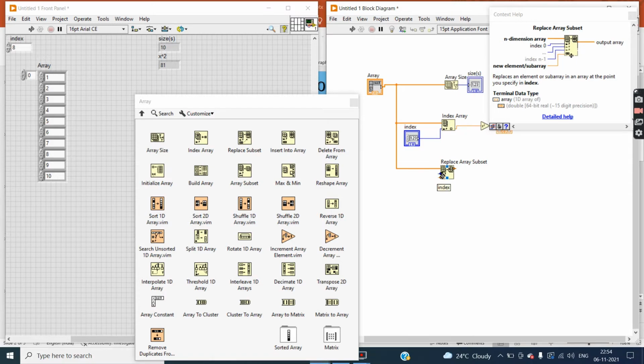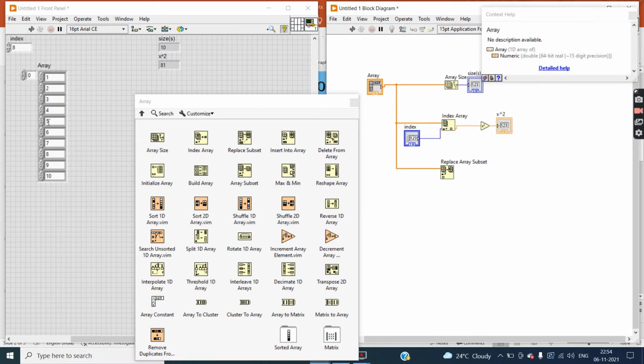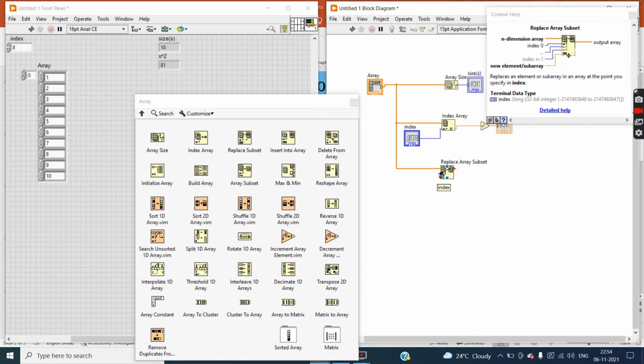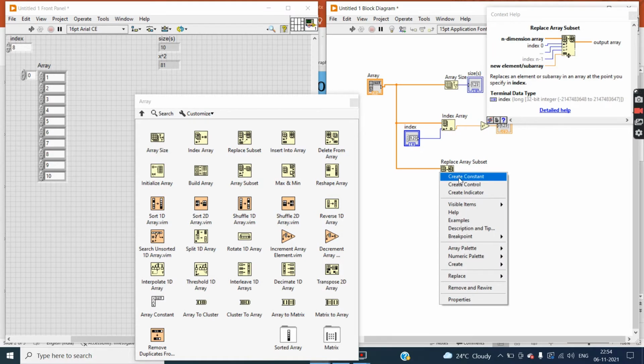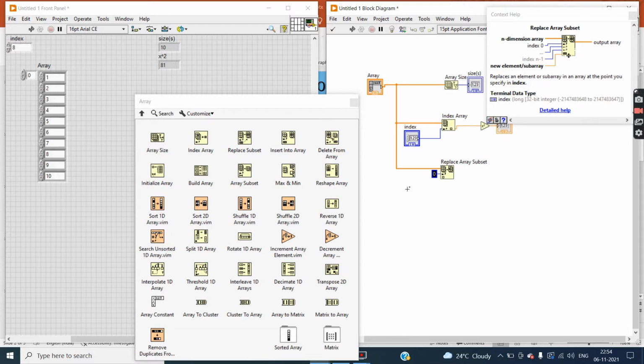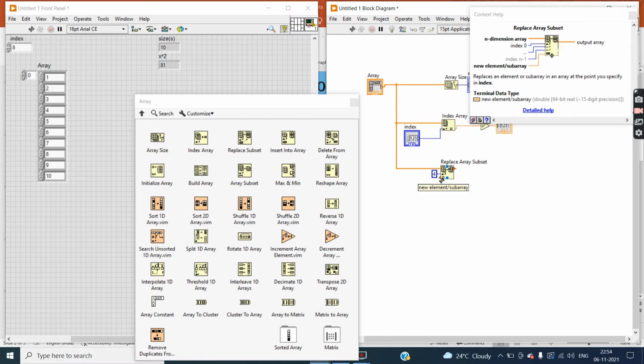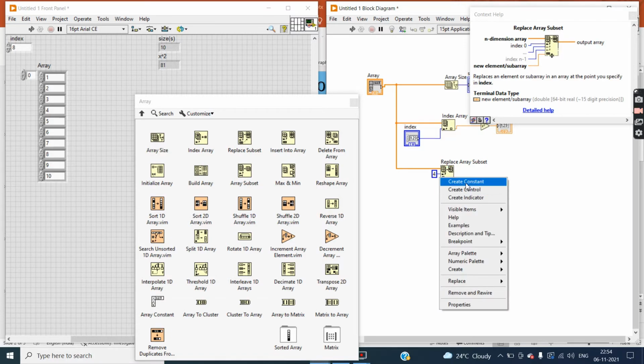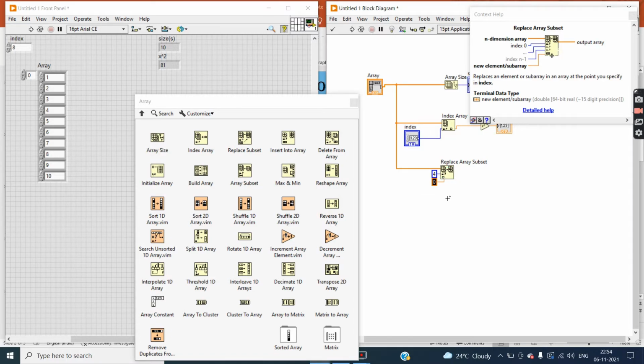Now I want to replace 5. That means the fourth element: 0, 1, 2, 3, and the fourth element is 5. I want to replace 5 by 66. So first create the index: create a constant and enter 4. To replace it, create another constant and enter 66, because that's what I want.